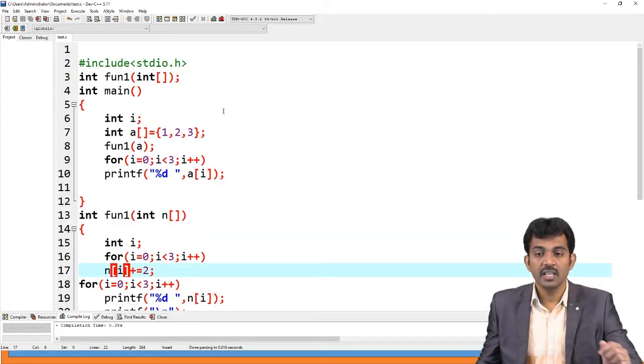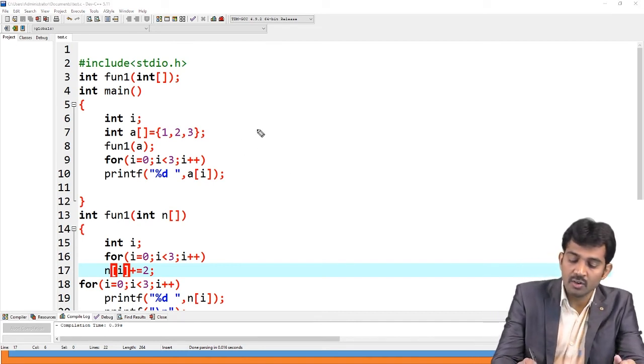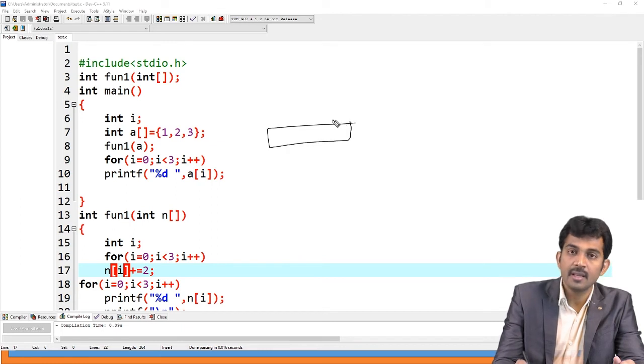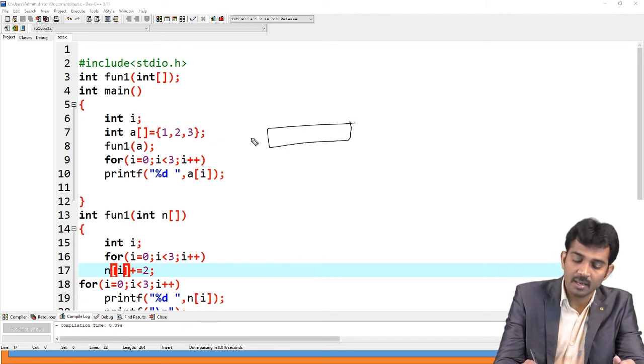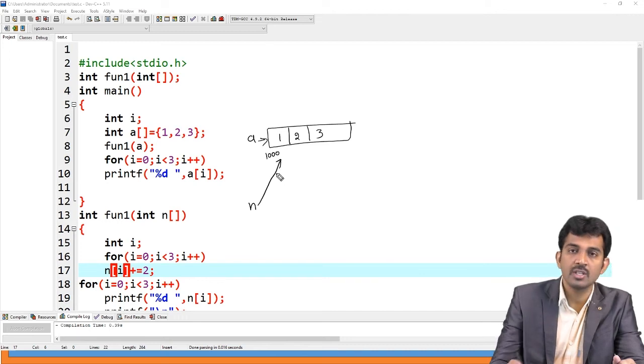The reason is, observe clearly, here you created A. A means this is 1, this is 2 and this is 3. This is at address 1000, right? Now you pass 1000, so n's address is also 1000. Both are pointing to the same.